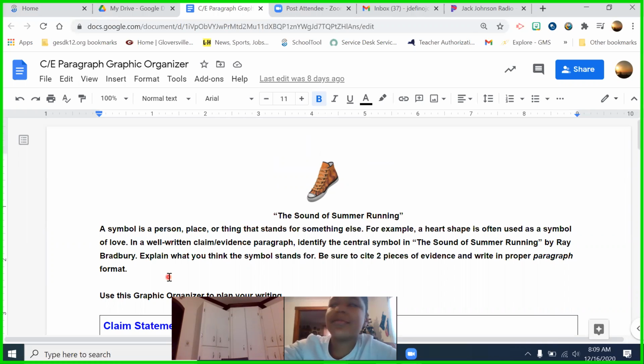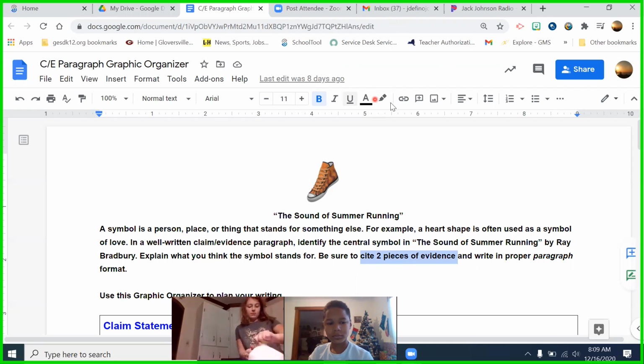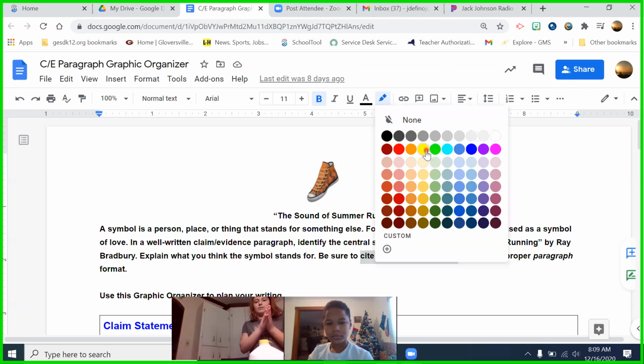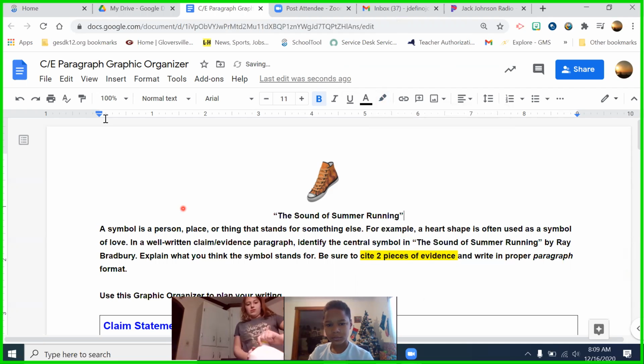Okay, so what am I going to underline to tease out what it is I have to do? Somebody tell me, or what am I going to highlight? So first of all, how do I have to write the answer to this question? What's the format I need to use, Bella? Okay, hold on. Let me do this. So down here, I'm going to cite 2 pieces of evidence. Cite with a C, C-I-T-E means you're going to copy and paste, right? Okay, so I'm going to highlight that in yellow. What else tells me how I have to answer the question?